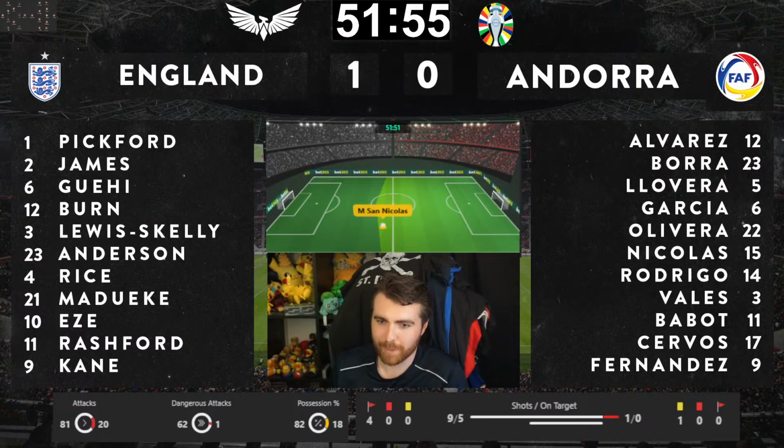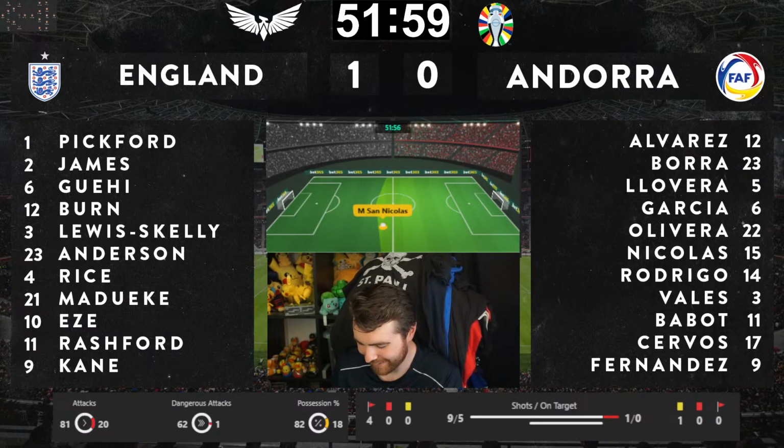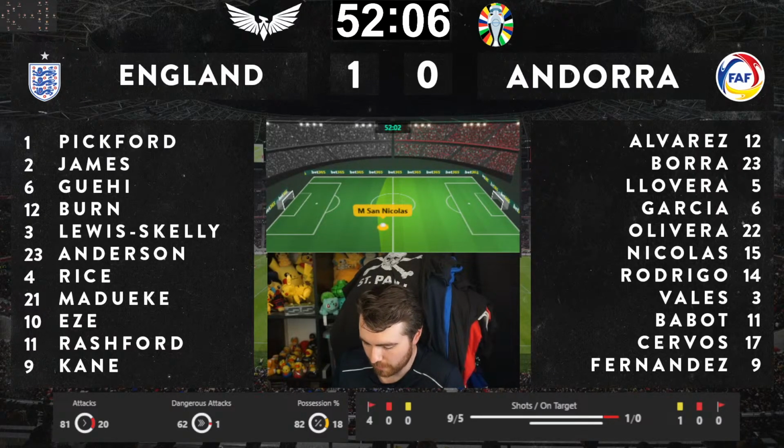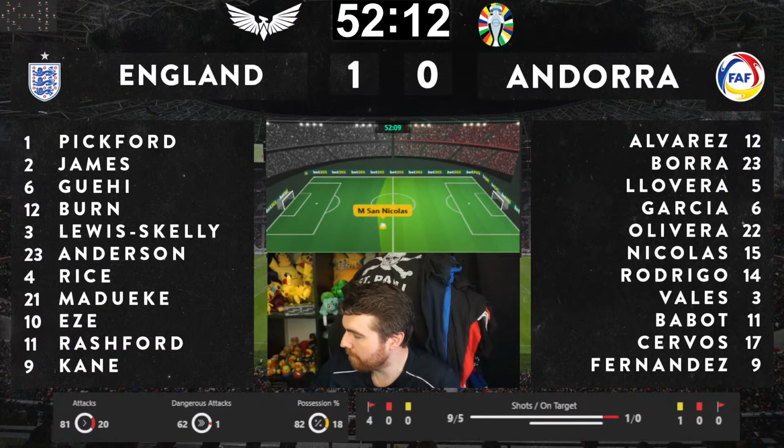Barca going to send Rashford back. How is it still 1-0? But this is what I mean. People will say that 1-0 is a dreadful result or whatever. But you look at the